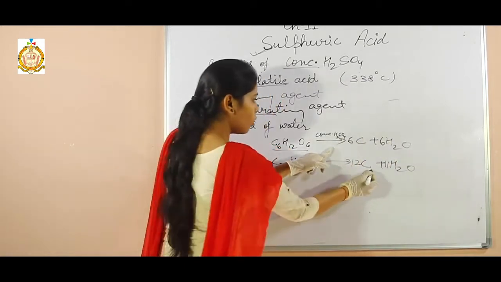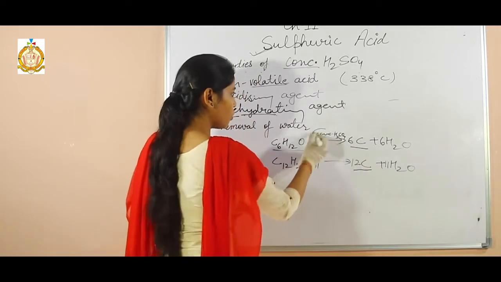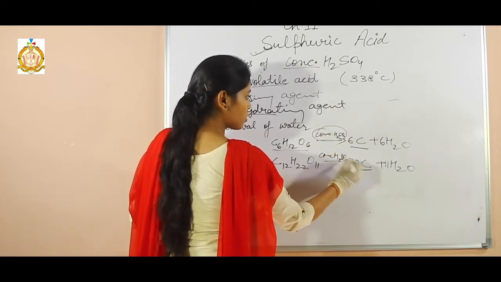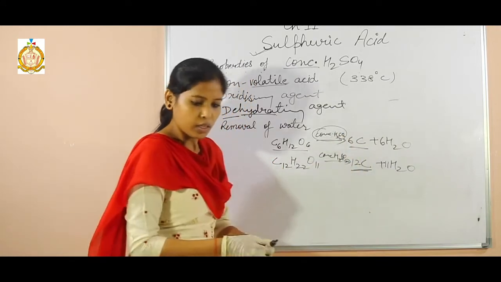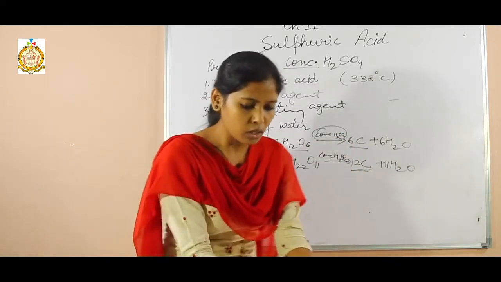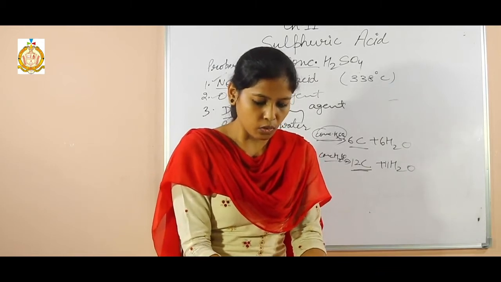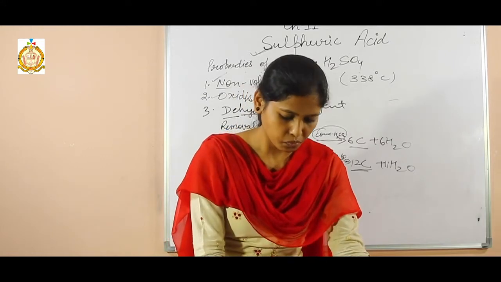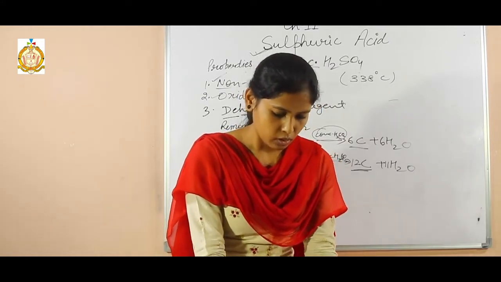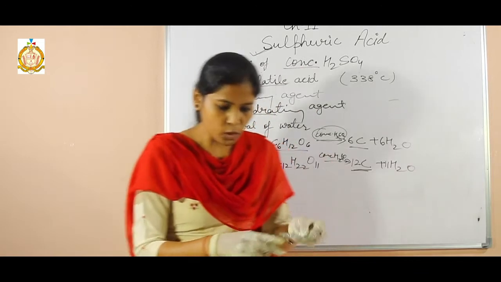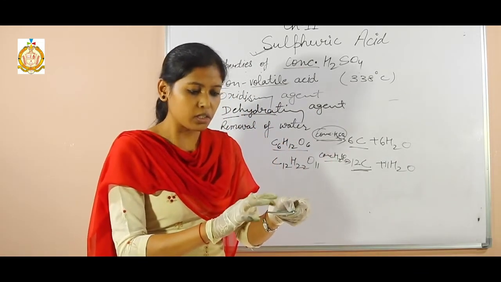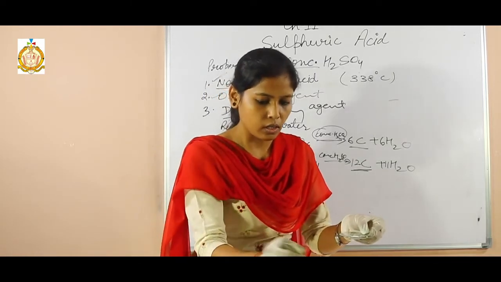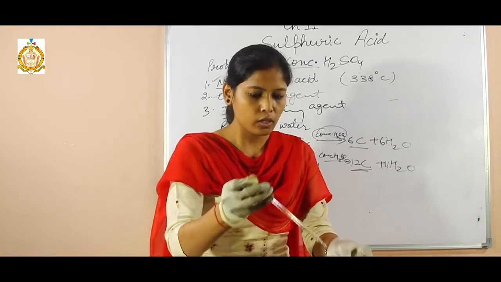So what will be left after the addition of concentrated sulfuric acid? Only a black spongy mass of carbon is left. That also I will give you one demonstration. In the sugar, when we pour sulfuric acid, what happens? In a watch glass we have taken crystals of sugar. When we add sulfuric acid to it, a few drops of sulfuric acid,